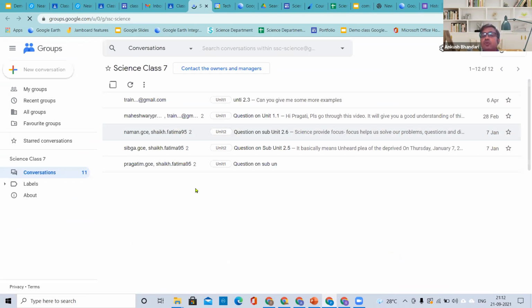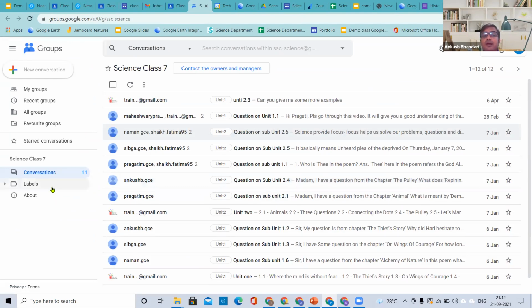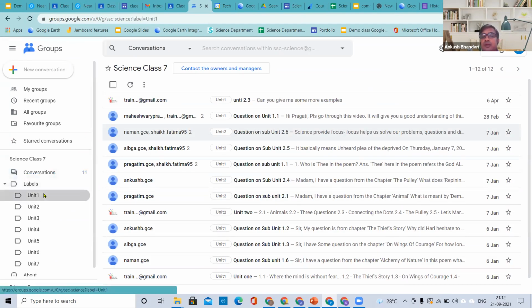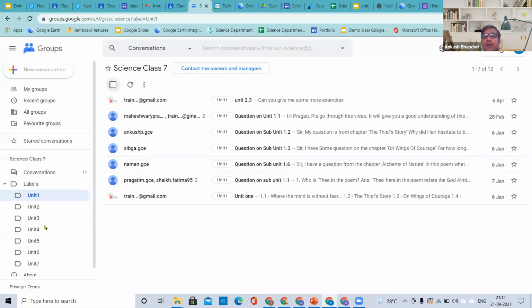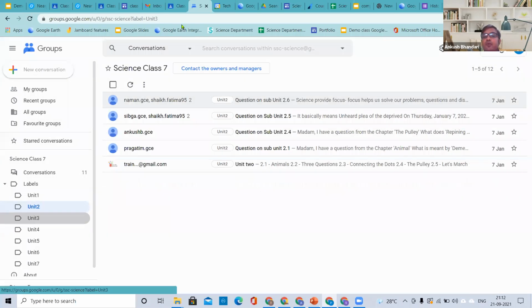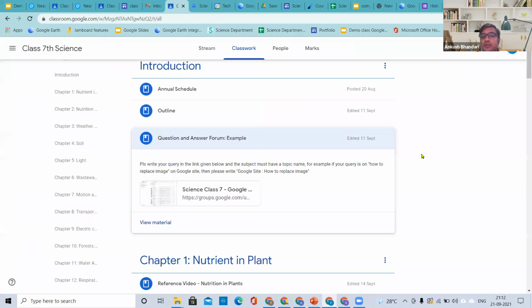After this, definitely we can have our outline over there, and even a question answer forum. What is question answer forum? In case if any students have a doubt, they can ask in the question answer forum. So not only teacher, but even a student can answer it, right? So they can search for those answer by unit name or by typing on the search. So you can have your own question answer forum in the classroom.